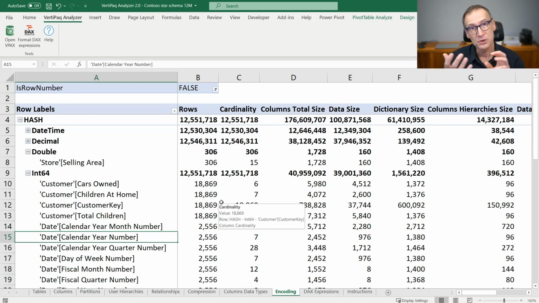If not, it is worth checking whether you could benefit from value encoding and maybe use hints in order to change the encoding. Keep in mind, changing the encoding is not a suggestion. You always need to evaluate very carefully before applying any hint to the model that you can actually benefit by changing the way columns are encoded.